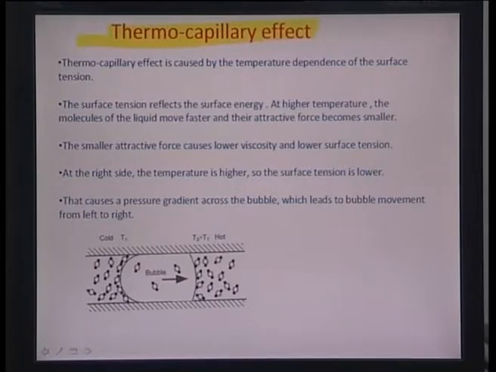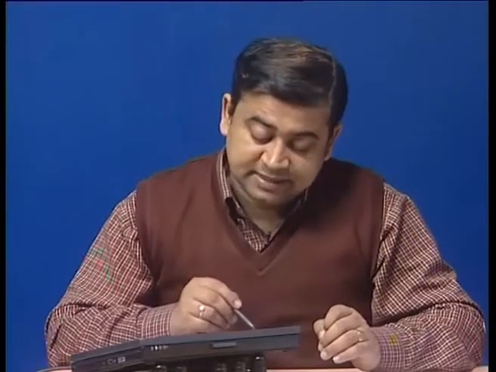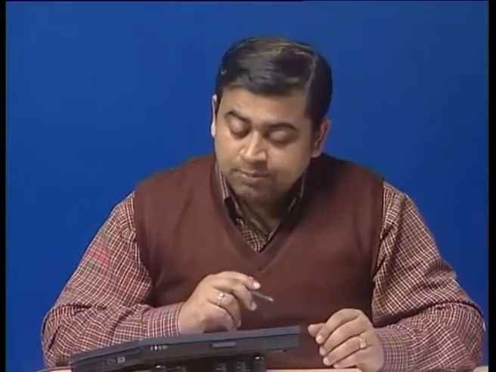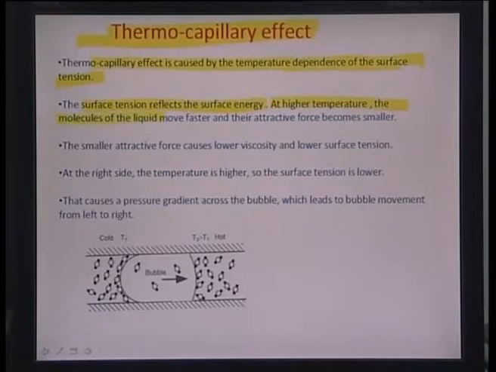with temperatures. So in this effect there is a temperature dependence of surface tension which is utilized for moving the fluid around, or moving the valve around, which is essentially a bubble. The surface tension really reflects the true state of surface energy of a particular structure, maybe an air bubble or a water bubble in oil, etc. So at a higher temperature the molecules of the liquid move faster and their attractive forces become smaller because there is less bonding because of more kinetic energy, and therefore the surface tension definitely gets affected and becomes